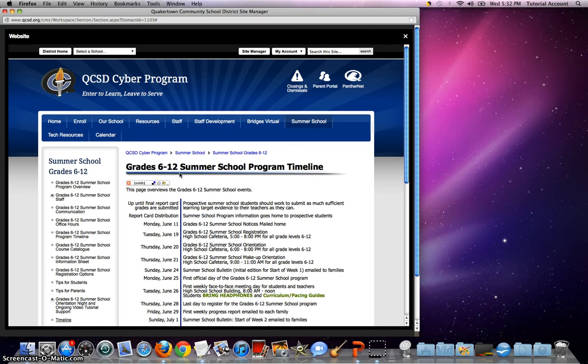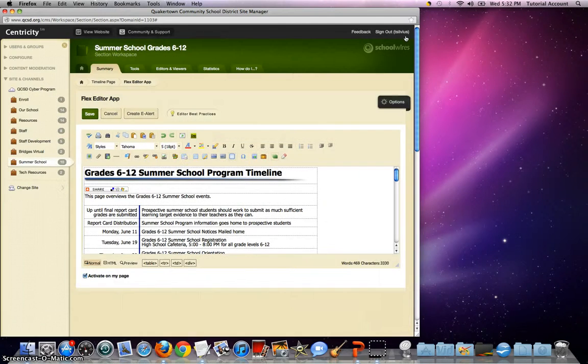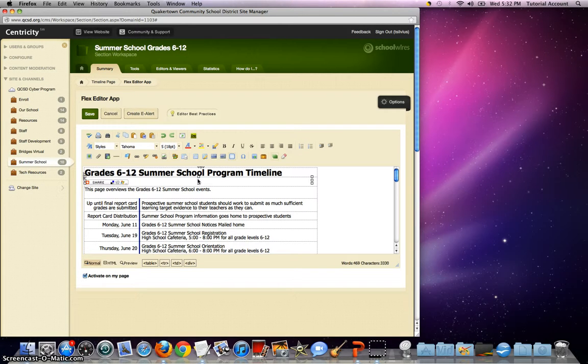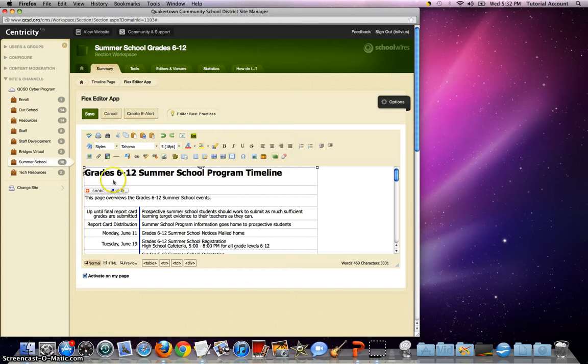Let me show you how that's done. First, we get out of this preview by clicking this X. Now what I'm going to do is I'm going to select this box and delete this graphic. There we go. Now I have my cursor where I want to place the new graphic, and I simply go